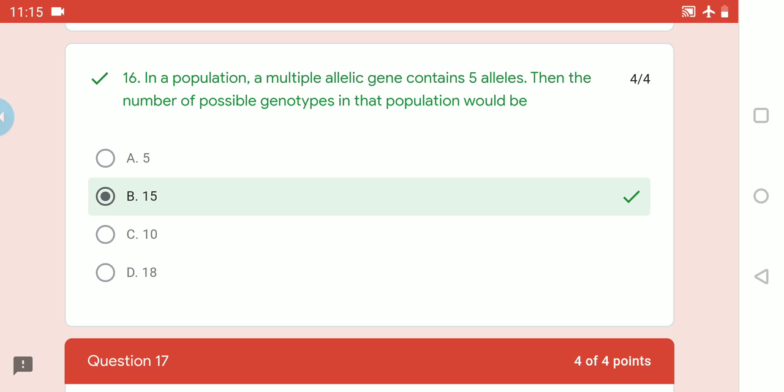Then the number of possible genotypes in the population would be, as I said, capital A, capital A, capital B, capital B, capital C, capital C. So 5 into 3, 5 3s are 15. What would be the possible genotypes in the population? That's 15. Did you get it? How to calculate, you should write it down. Simply listening is of no use.